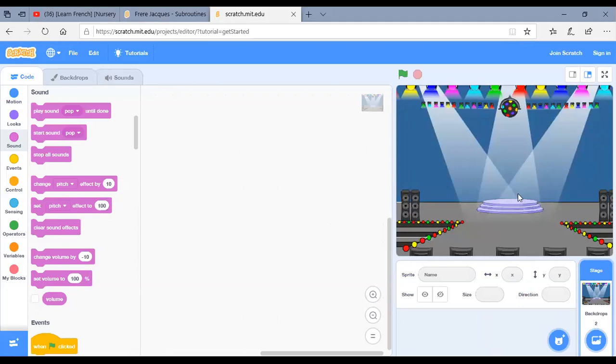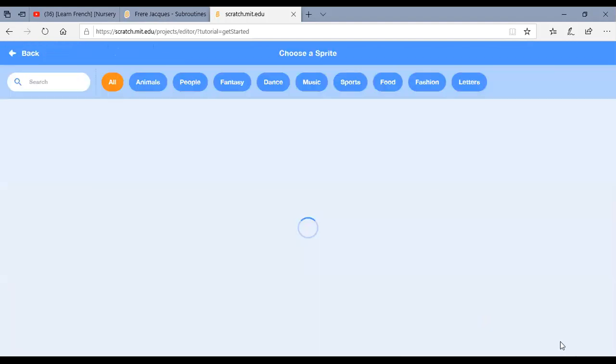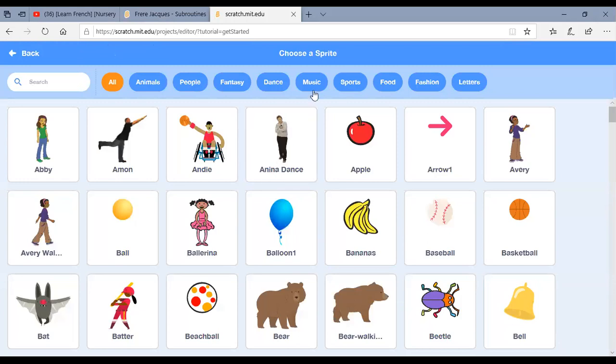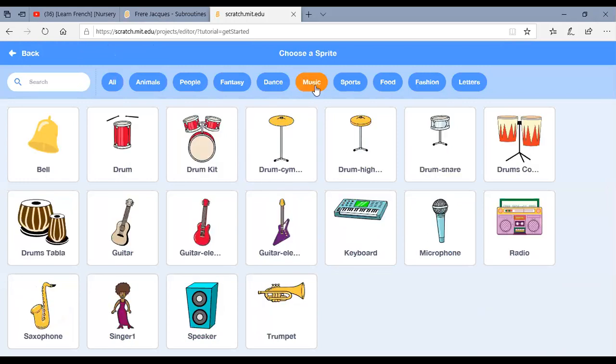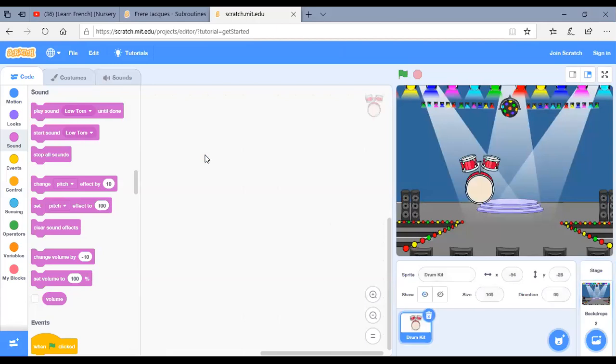I included this stage. Then I'm going to include a musical instrument. So it is inside the sprite. So I'm going to include a musical instrument here. Let me insert the drum. Yeah, the drum. So inserted the drum.